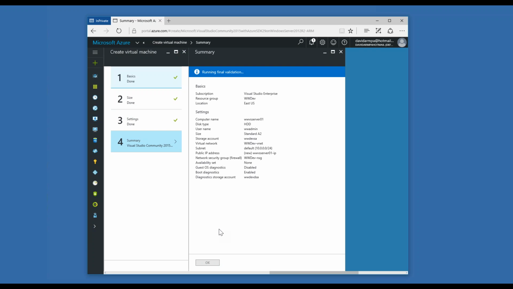And then it'll go through and it'll validate everything. And it'll say, yep, everything is good. And now what you can do is you can create this virtual machine. So I can create that. In about 15 minutes, I'll get a message that comes up over here and says this virtual machine has been